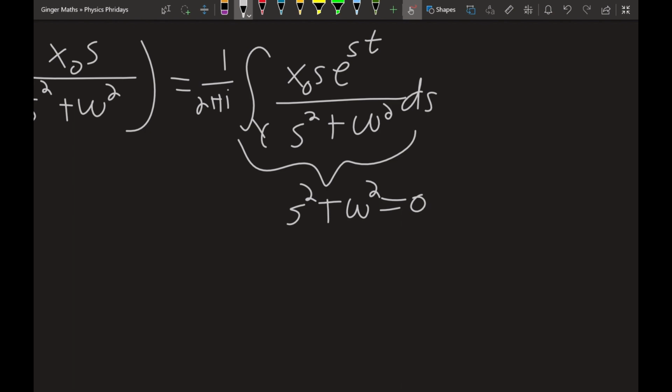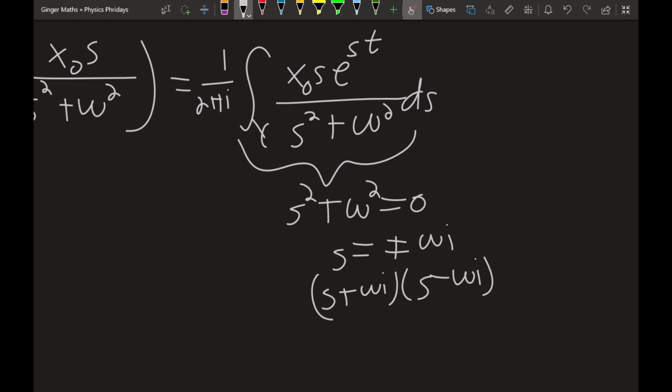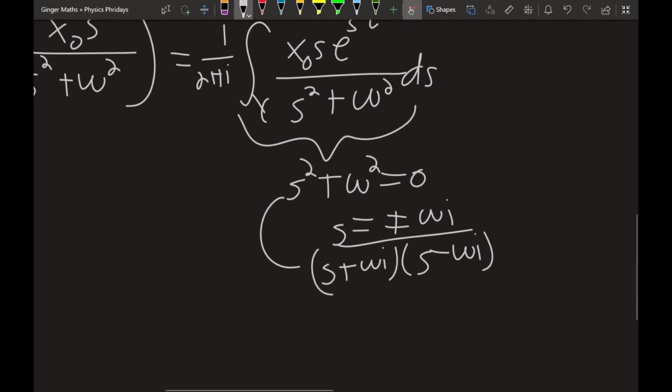If we solve this, we're going to get s is equal to basically plus or minus omega i. So, again, just applying this, or really I should have factored this, so it should be s plus omega i, s minus omega i. These two are equivalent, and basically here are the locations of our poles. So, just applying this, what we're going to get